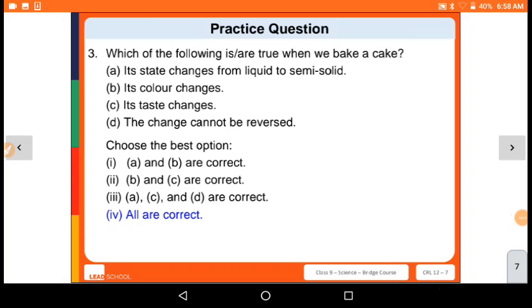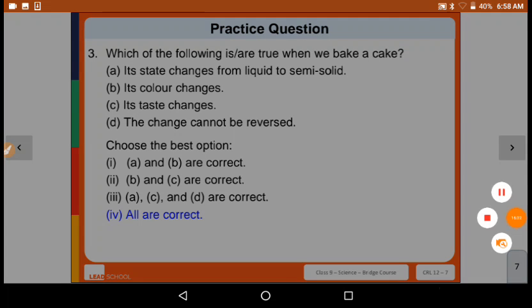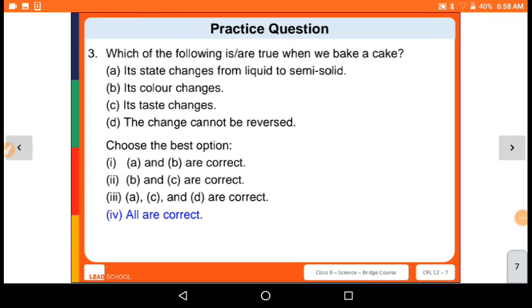So in today's class, we have learned about the properties of components, how to decide the method of separation, and how to separate a mixture with more than two components. Then we learned the physical properties and physical changes. Physical properties are characteristics like color, size, shape, hardness, weight, temperature, etc. In a physical change, the physical properties of a material change but new substances are not formed. Then we learned that in a chemical change, new substances are formed,